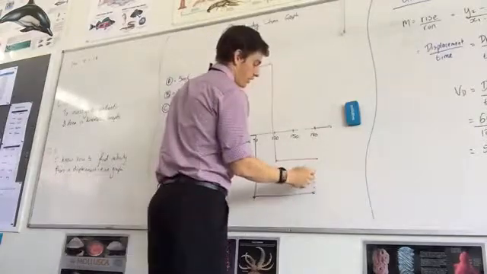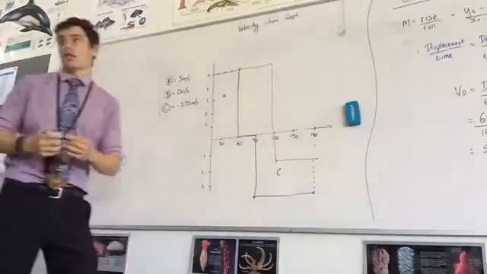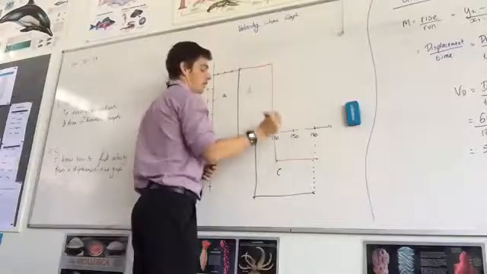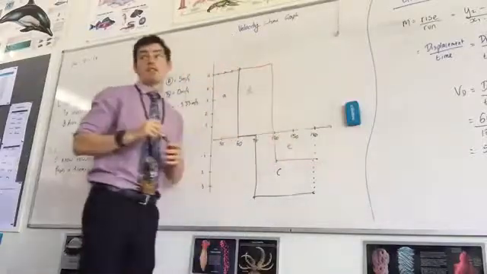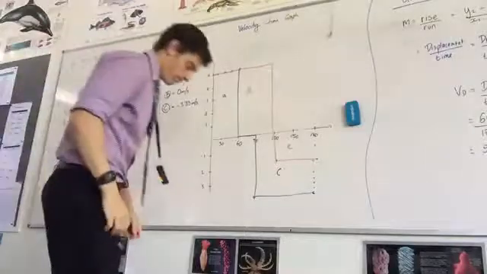I'm going to put a dotted line here. I want you to find the area of little c. I want you to find the area of little d. And I want you to find the area of little e. And then what I want you to do